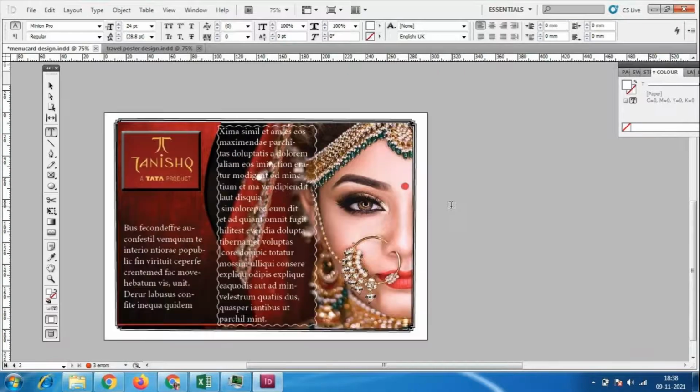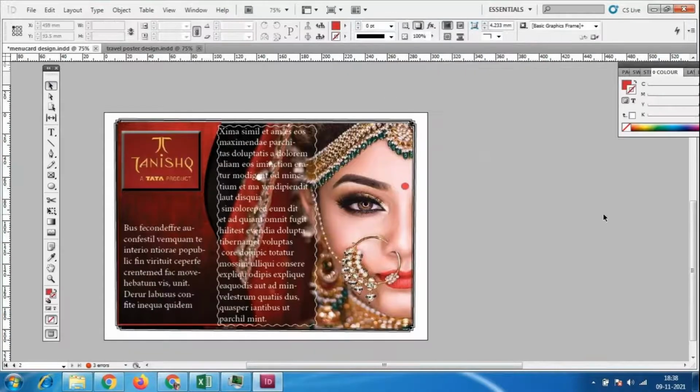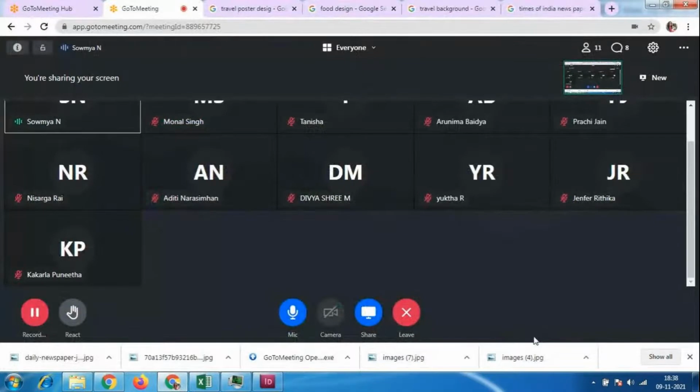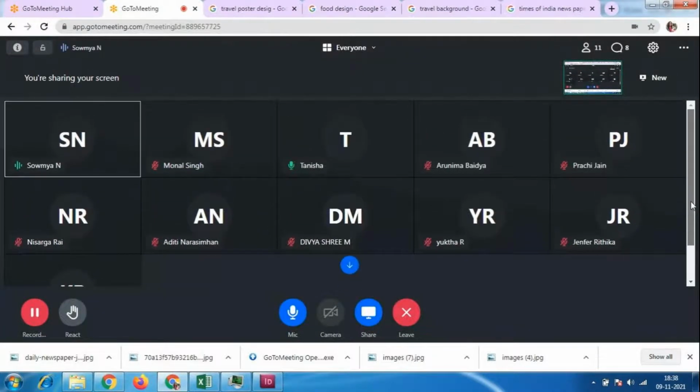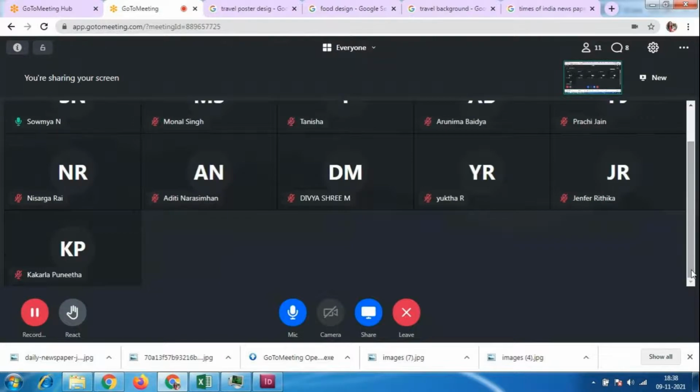Is that clear, everybody? Anybody having any doubt? Jennifer, Punita, Divyashriyam, can you tell me, what is the maximum size we are getting in the font, in InDesign?